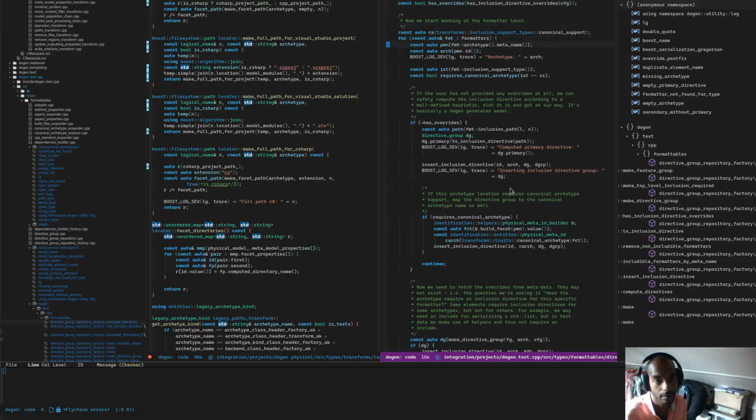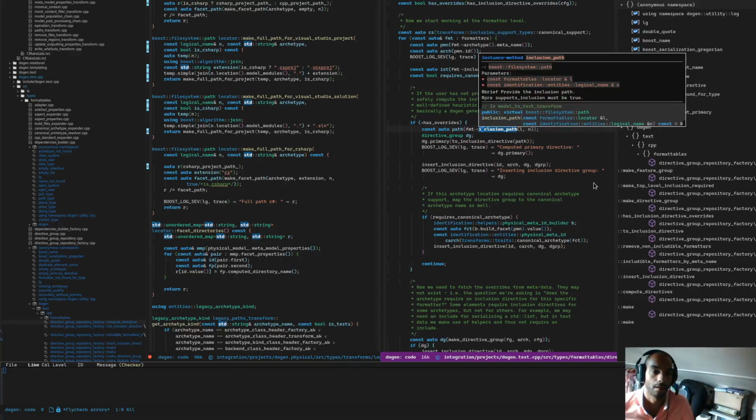So as you can see here, we're going through the formatters, and then the inclusion path is computed here. So we won't be able to get rid of the locator just yet,